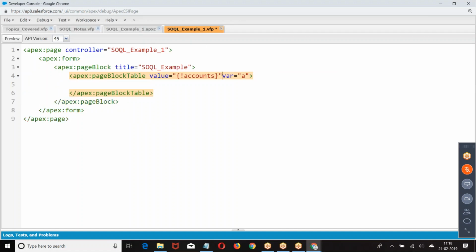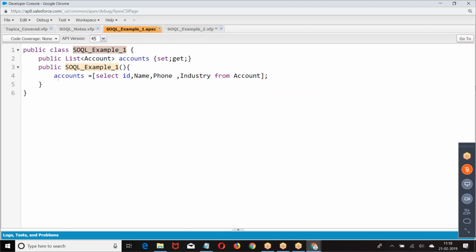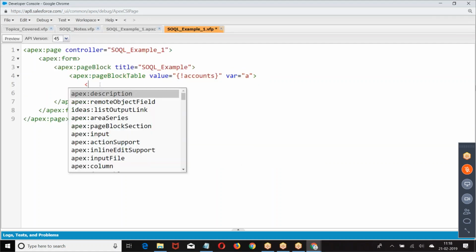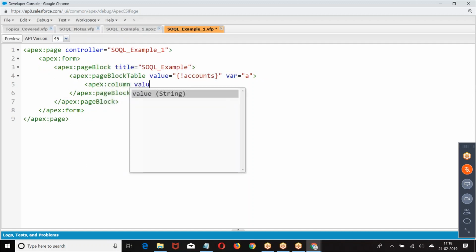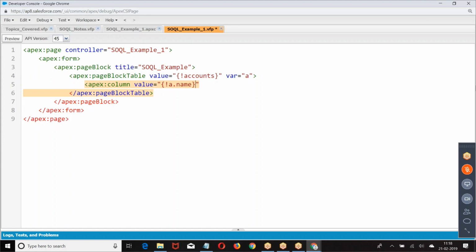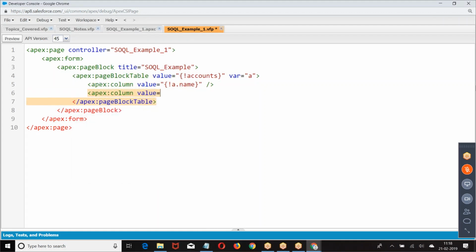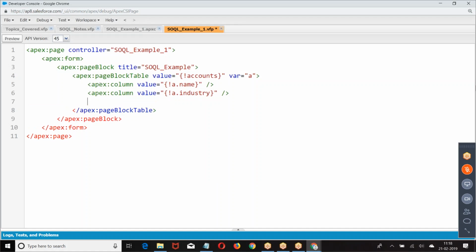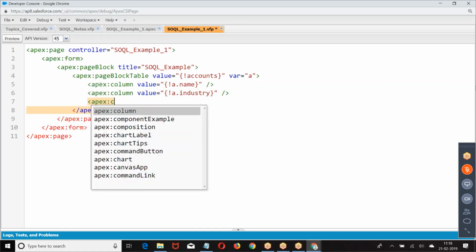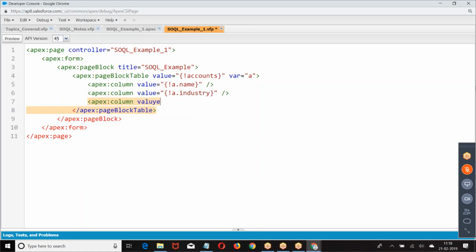Now, whatever list of records you want to display, I have written a SQL query and fetched them. The same records I am displaying here. Column value equal to... colon value equal to.